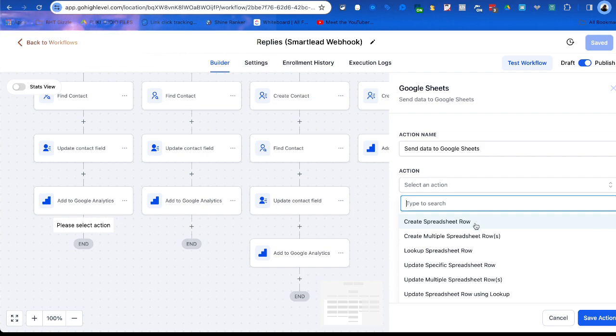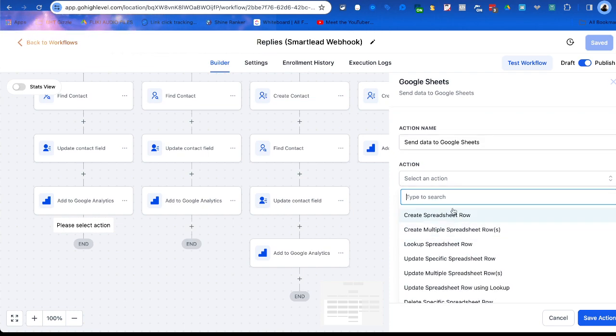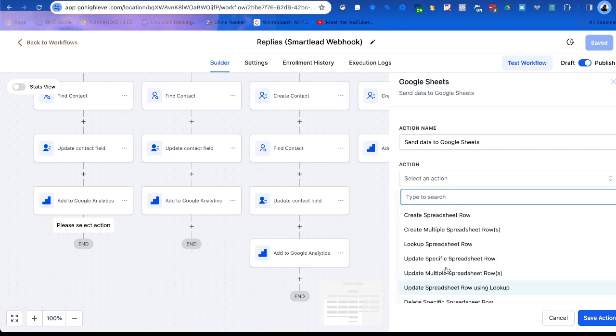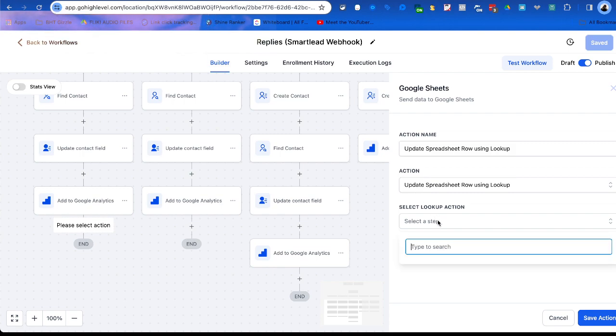Or I could look it up. So imagine being able to do this with a client where I want to be able to update a row. First, I want to update their CRM, right? But for whatever reason, maybe they need it in a spreadsheet. Maybe there's a list that I've sold them and they want to see, I can have it in real time, go and look up, update spreadsheet row using lookup. That's really dope, actually. So I could go here,